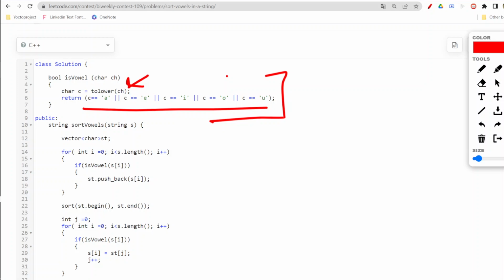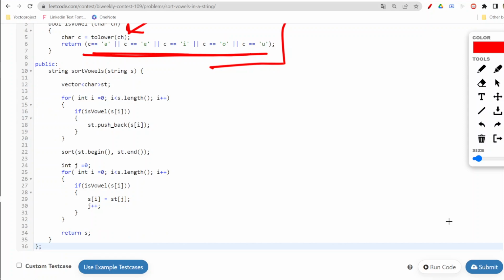Now this is the auxiliary space which I'm using, basically a vector of char. In that I'm pushing all the vowels which are there, and then I'm sorting them, and then I'm again traversing my original string. If that particular character is a vowel, I will replace it with whatever vowel is there at the first position in my auxiliary space, and then increase the pointer so that I can